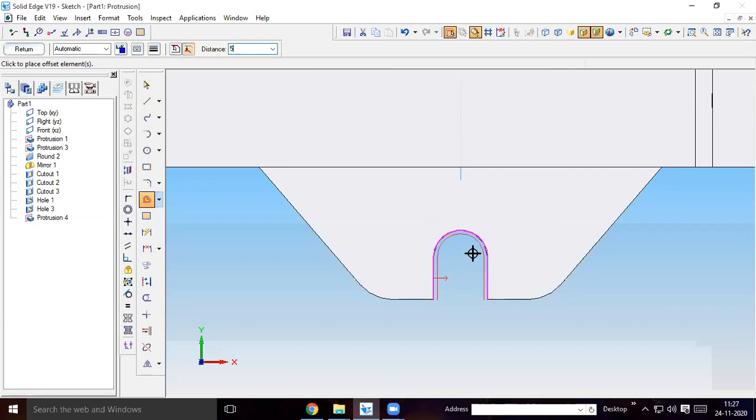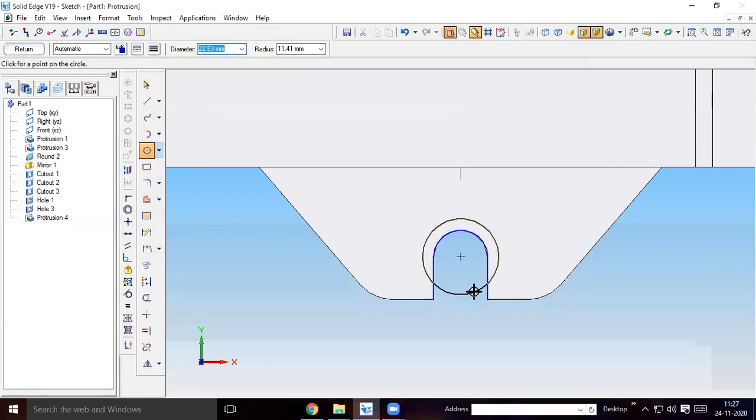Is it taking very small? Otherwise, let me create this drawing again. Use circle. If you move along the circle, you will get a center.